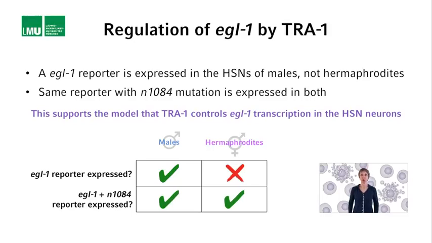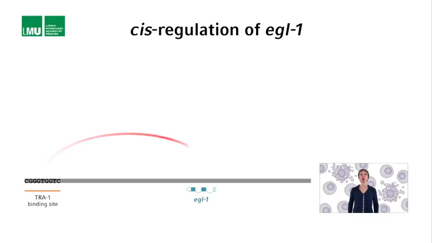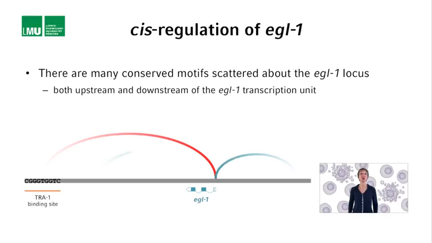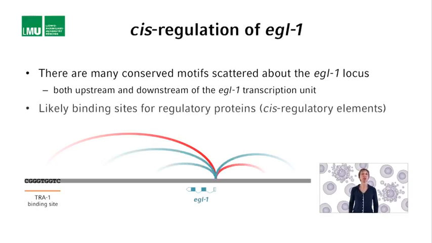Is this true for the 131 cells that normally die during hermaphrodite development as well? The 9 base pair long TRA1 binding site is specifically involved in controlling AGO1 transcription in the HSNs. We now know that there are many such conserved motifs downstream and also upstream of the AGO1 transcription unit. These motifs most likely represent binding sites for additional regulators of AGO1 transcription and hence cis-regulatory elements of the AGO1